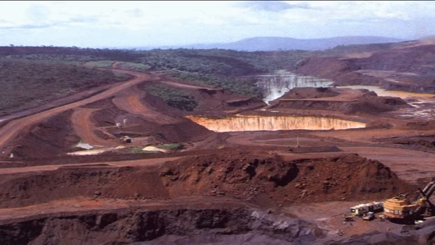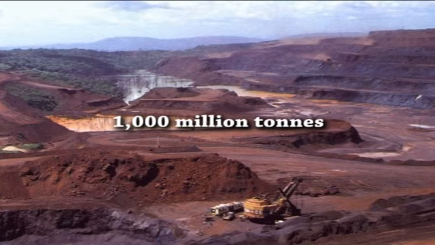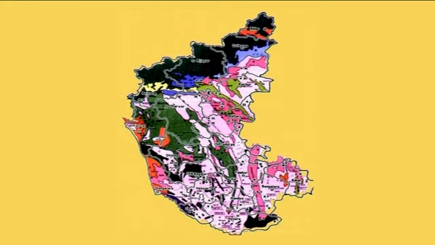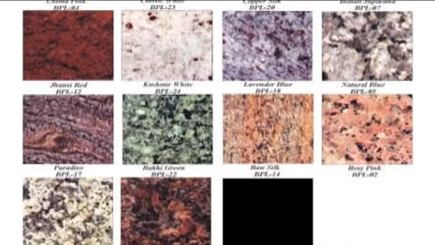Karnataka has very rich deposits of high-grade iron and manganese ores to the tune of 1000 million tons. Most of the iron ores are concentrated around the Bellary-Hospet region. Karnataka, with a granite rock spread of over 4200 km square, is also famous for its ornamental granites with different hues. Karnataka is one of the leading states in the field of industrial development, both in the private and public